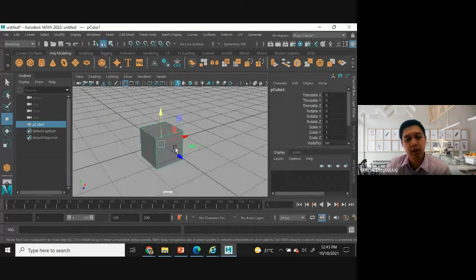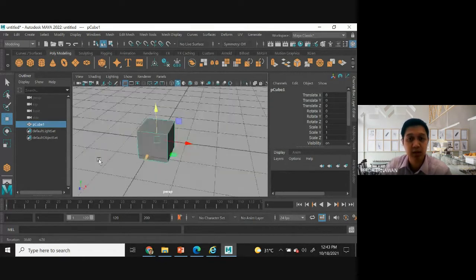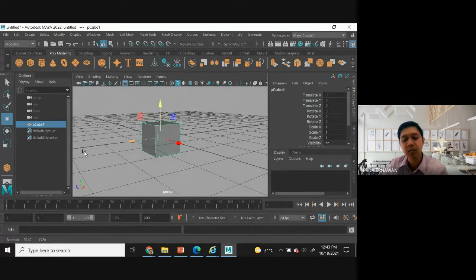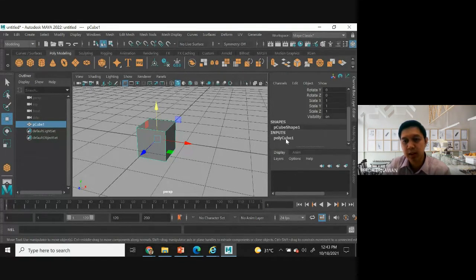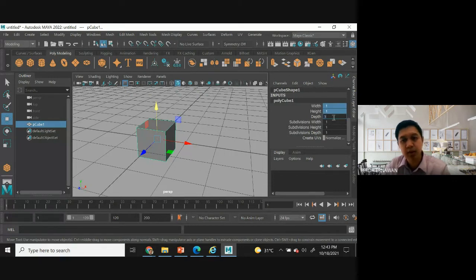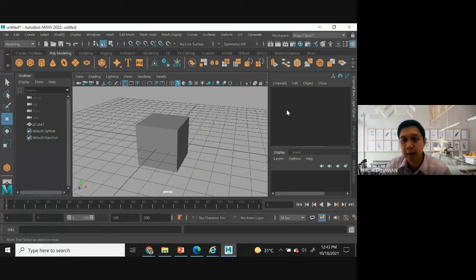So it will be at the origin location, 0, 0, like this. And then, for example, I want to add subdivision to this one. Before this, let's say I want to set the properties, so go to the input. The object is under the input, so we can see the properties here. Let's say I set 3 for the width, and it will be larger like this.